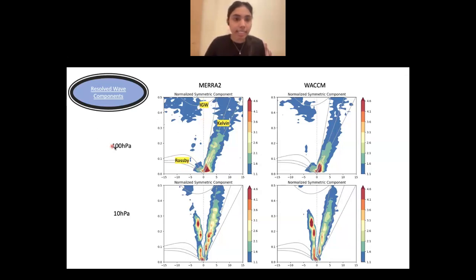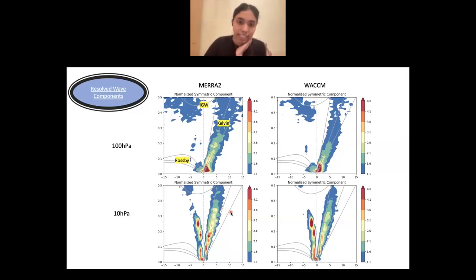And this here is at 100 hPa, so it is below the QBO, and we can see the magnitude of Kelvin waves here, which basically gives the westerly forcing. If we move to 10 hectopascal, which is after the filtering by the QBO, what we expect is that most of the low speed Kelvin waves will be absorbed by the QBO, and those reaching higher levels will be the high speed Kelvin waves that remain.